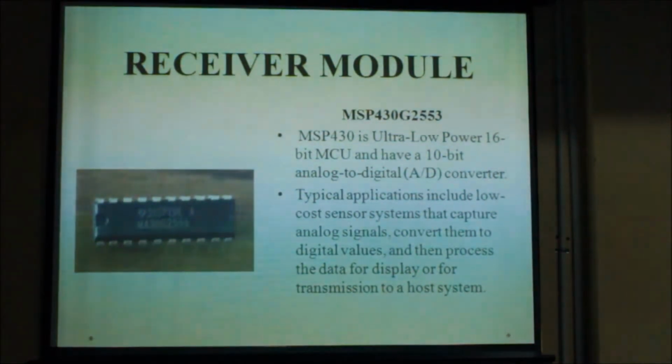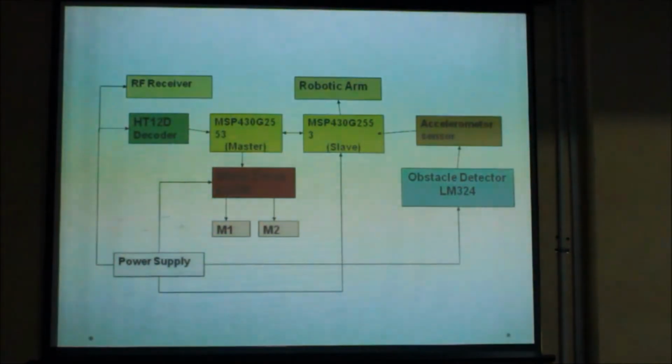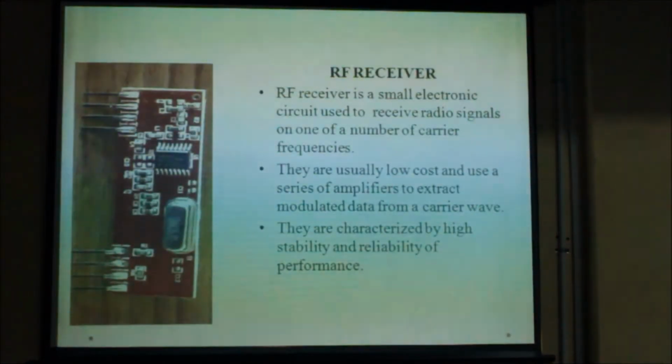We have used this microcontroller in our project by using its inbuilt 10-bit ADC converter, which has allowed us to convert the analog data received from the sensor into digital data. The next component we have used is RF receiver. This receiver is again centered at frequency 433 MHz and receives the information from the transmitter by using a whip